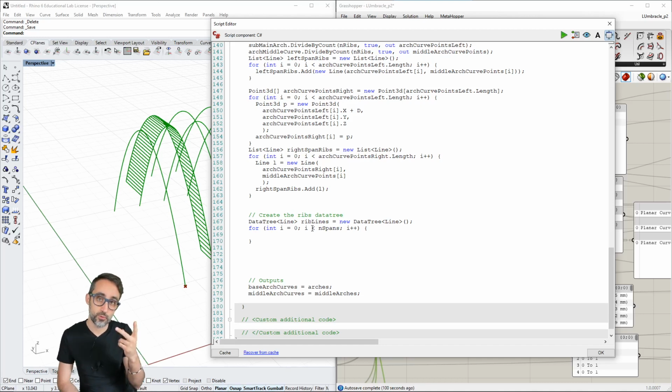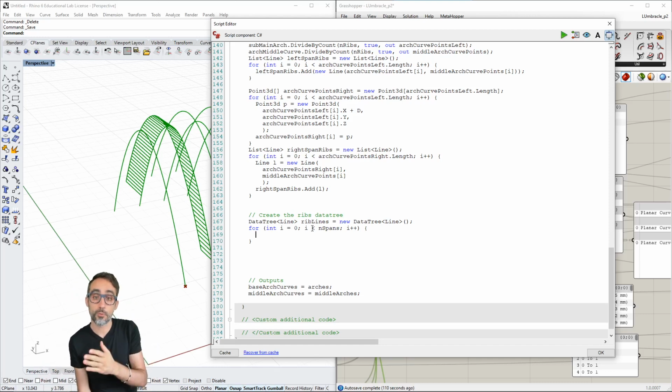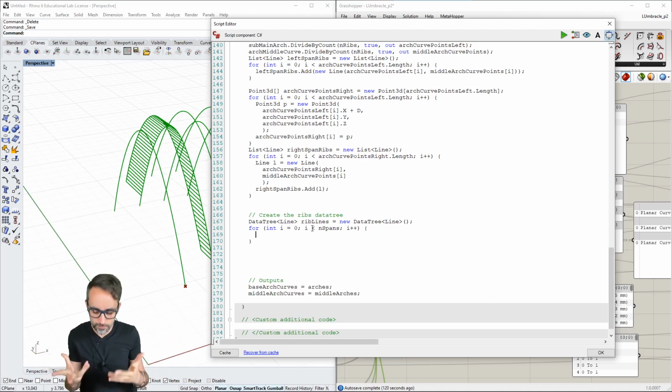Then for each one of the spans, we have to do the same operation two times. We have to take all the ribs on the left, we have to duplicate them, and then we have to displace them. So first of all,